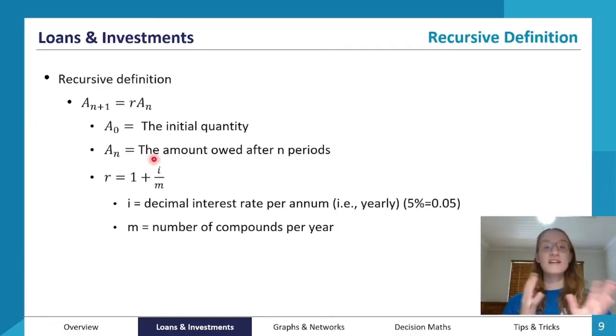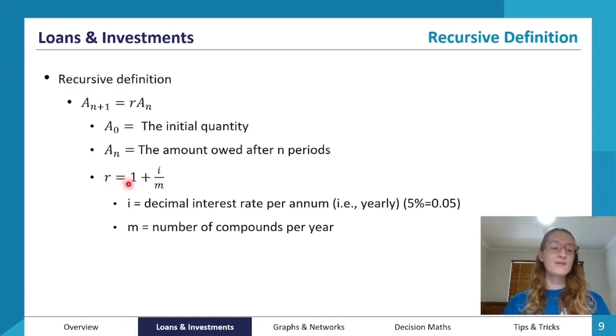Because again, this can apply to both a loan or an investment, because in an investment, the amount of money that you personally have is growing, but in a loan, the amount of money that you owe is increasing because interest is being charged on the money that you've borrowed. So an is the amount owed after n periods, and then r is our rate of interest. It's like the factor by which the amount of money is growing each period, and we can calculate